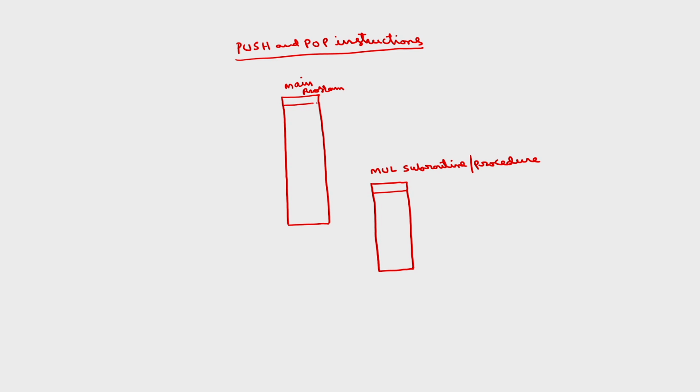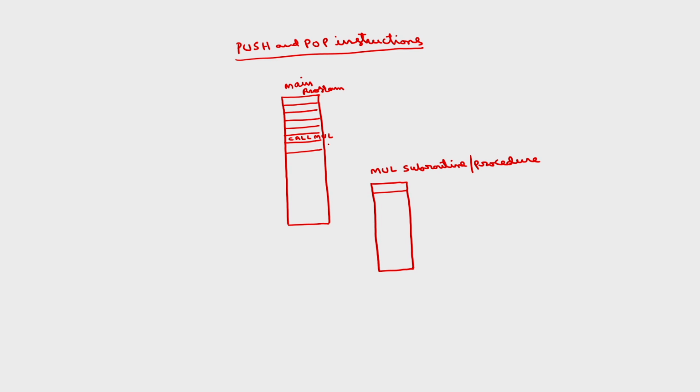While the microprocessor is executing these instructions, suppose here somewhere a call instruction is there, call some type of mul. I am going to explain the call instructions also in the instruction set. So, what the microprocessor will do is, before going for this, the instruction pointer contents will be stored onto the stack. That will be inside the call instruction, no need to write any push and pop instructions.